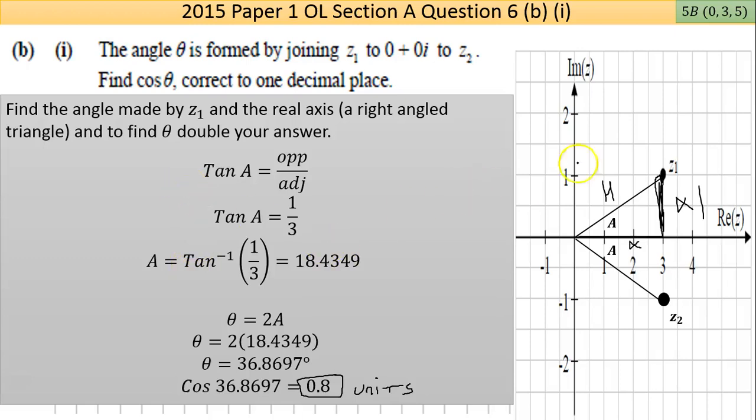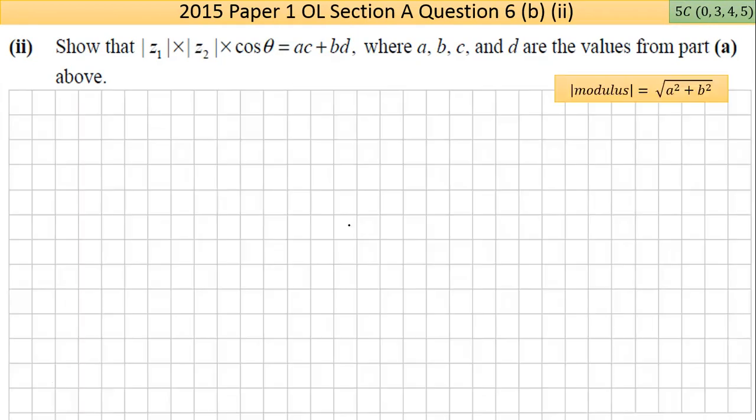A lot of work, in essence, a lot of thinking and work for 5B. And I don't like trigonometry, but this is classic use of it. Now the last one there is, okay, show that these bars mean distance, be that in coordinate geometry. In complex numbers we often call it the modulus, but basically it means the distance of that complex number from the origin. So show that the distance of z1 from the origin times the distance of z2 from the origin